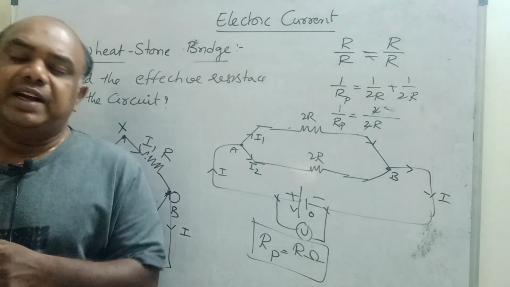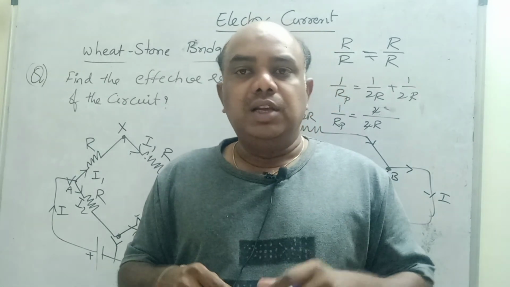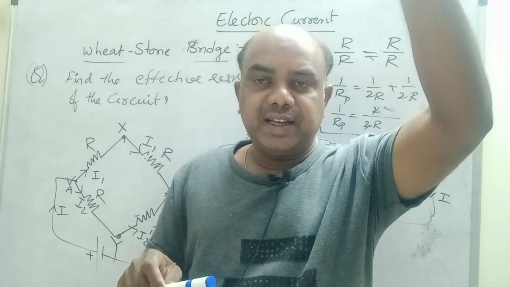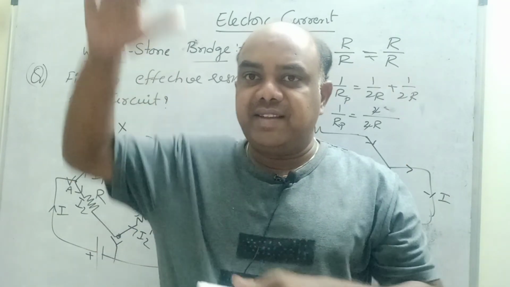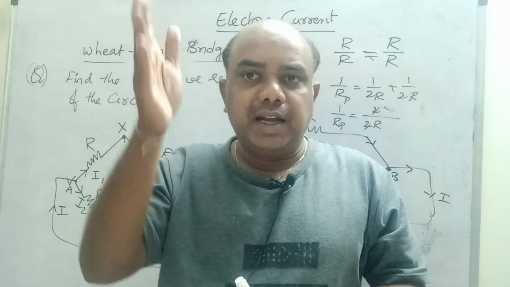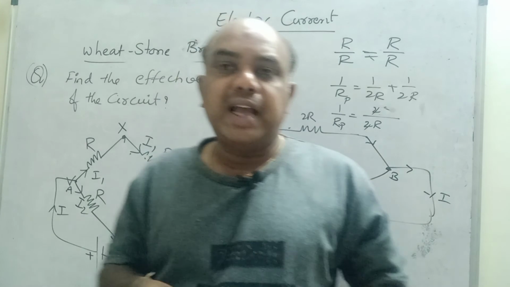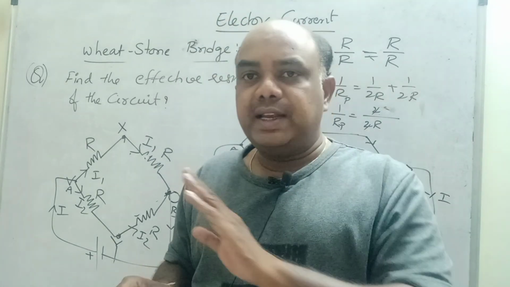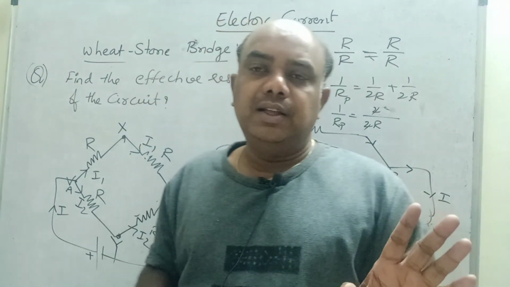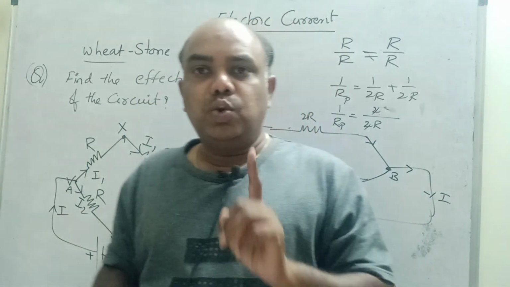Like this you can find the resistance of any complex circuit with the help of a Wheatstone bridge. In a Wheatstone bridge, remember children, the upward resistance by downward resistance on the left side is equal to the right side upward by downward. If this ratio is equal, definitely current does not flow in the middle resistor. Then we can say the galvanometer reading will be 0. You can eliminate it, you can delete it from the circuit, and solve the remaining. Complex problems we will see later. This is what a Wheatstone bridge is.